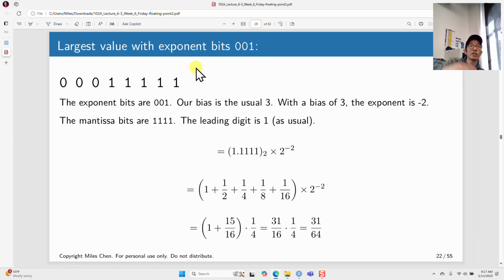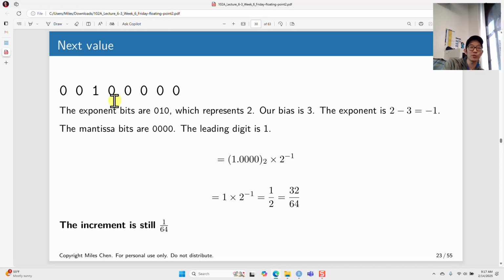So now, again, imagine the odometer. I add a 1, so it's going to roll over. This is going to become a 1. And then these are all zeros. And what's the next number going to be? The next number will be 32/64 or 1/2. Okay, so if I roll over, now I get 1 here, so my exponent is 0, 1,